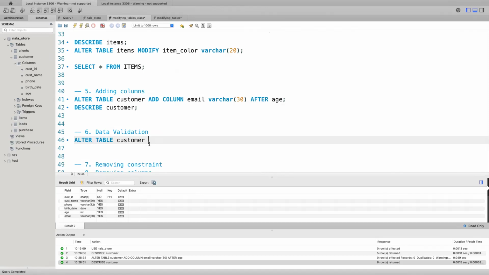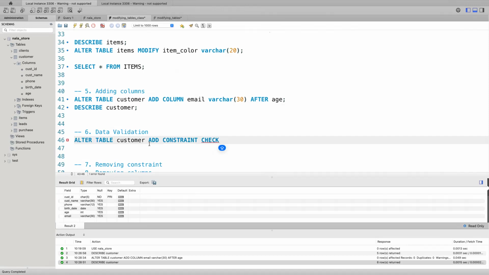And then I will add some constraint. Do you still remember what a constraint is? A constraint is the rule that you want in your database, so that your database stays consistent. So I will add a constraint to my customer table,